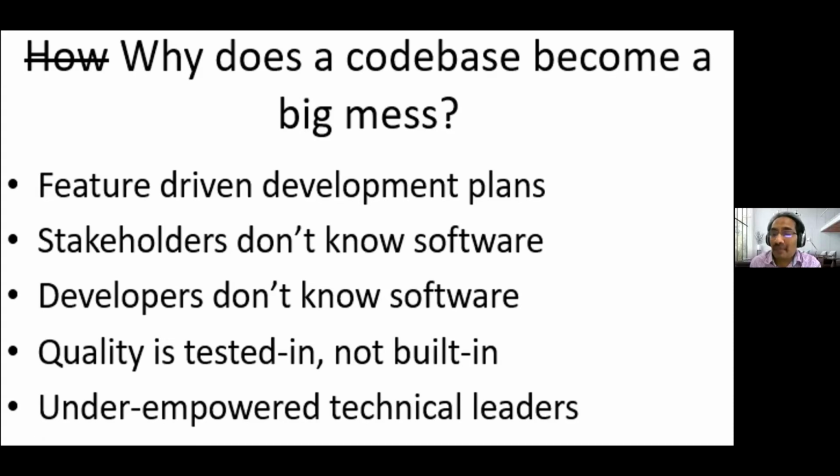And yes, we do have underpowered technical leaders. Nobody wants to work at a code level. As they become seniors, they want to manage the deliveries rather than really engineer a delivery. So yes, we do have problems which nobody can actually stop. But if you are a developer, you can do something.